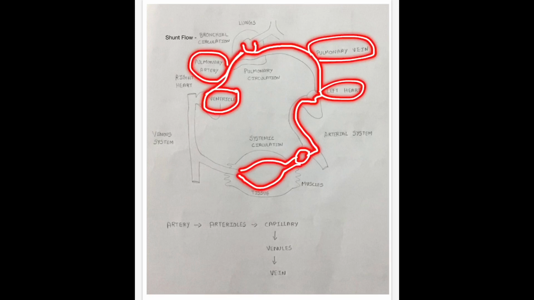In the capillary of the muscle tissue, the oxygen gets delivered to the tissue, and the carbon dioxide is picked up by the blood in the muscle tissue capillaries. So now the blood has more carbon dioxide and less oxygen. So now it is deoxygenated blood. The deoxygenated blood from the capillaries then goes to venules, then to veins. These veins join the major venous system.